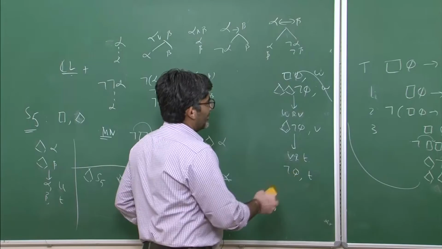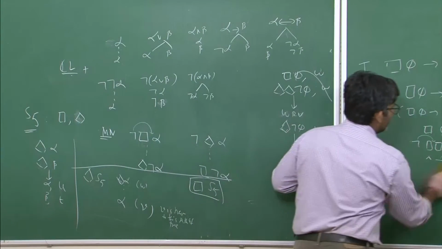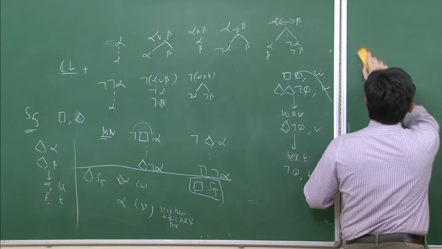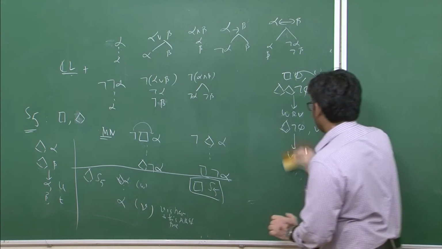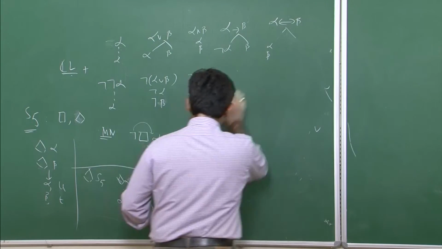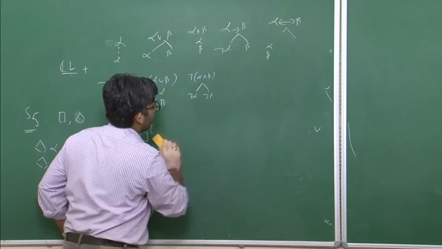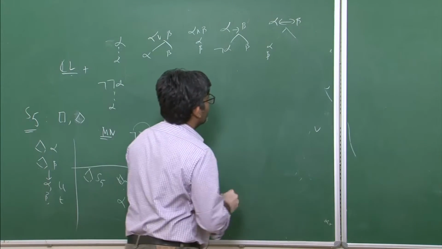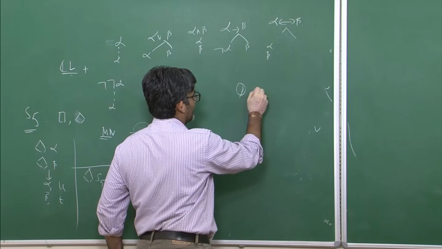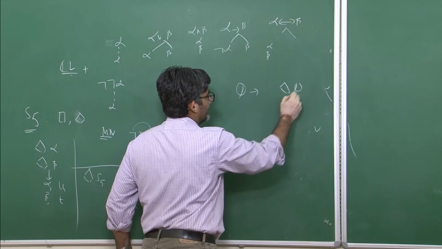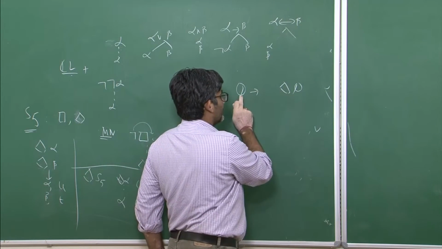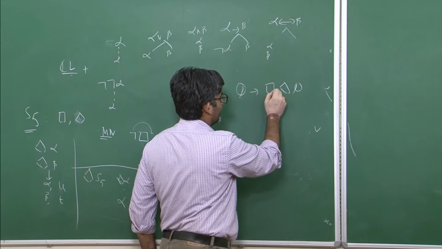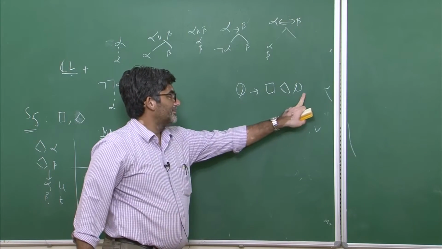So let us consider one final example, and then we will see why it is the case that this particular axiom requires the symmetric property or any other property. So that we are going to see. So now suppose you have a formula like this, if phi is actual truth, with this we will end this lecture. So if phi is true, it implies that it is necessary that possible that phi.